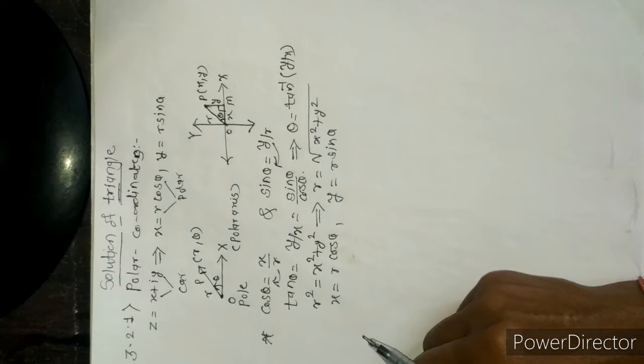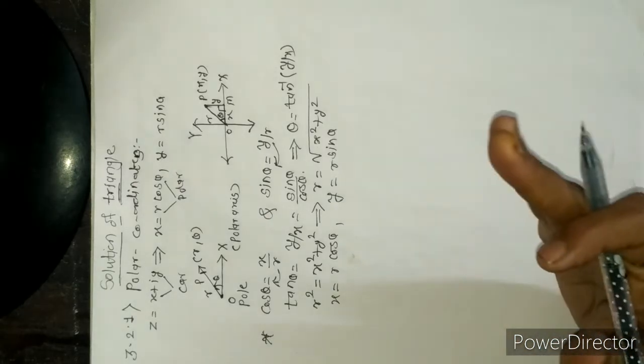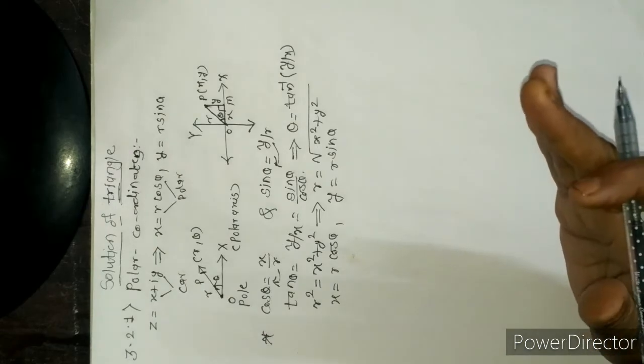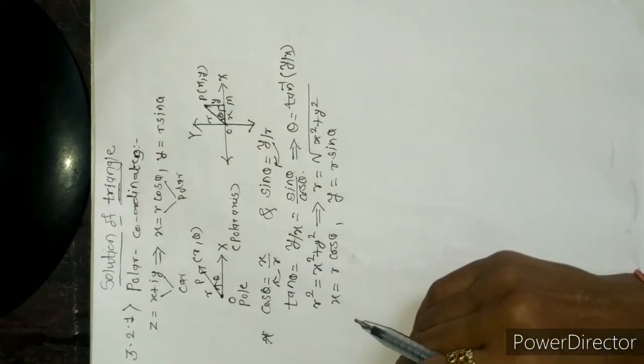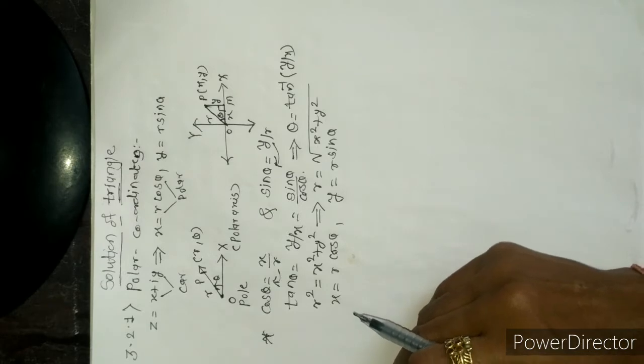Already we saw the solution of trigonometric equations. When we take sine theta equal to half, we can take values in two quadrants. That half value gives the measure of the angle as 30 degrees as well as 150 degrees. So both angles have measures which lie in the first and second quadrant.